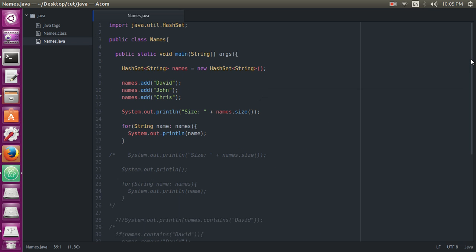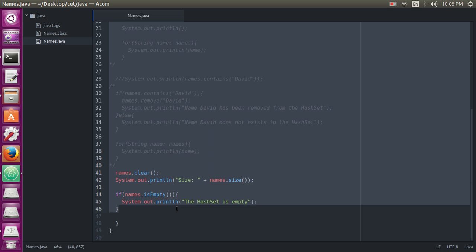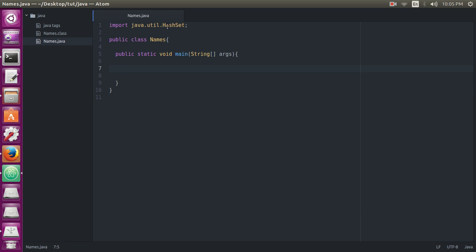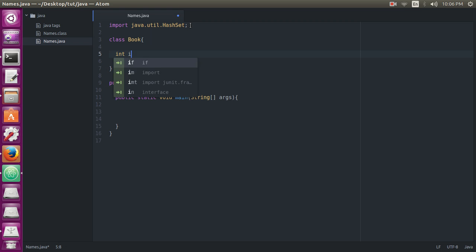Now I will show you a little more complicated example with the help of a class. Now we will use a class. So let me just remove this whole code from here because we do not need it. Time for some more complicated code. Let's define a class here first. So let's use the example of books. Book. It's a simple class, no extra function, nothing to worry about. Just giving you some more information so that you won't get any problem later on when you're using it.